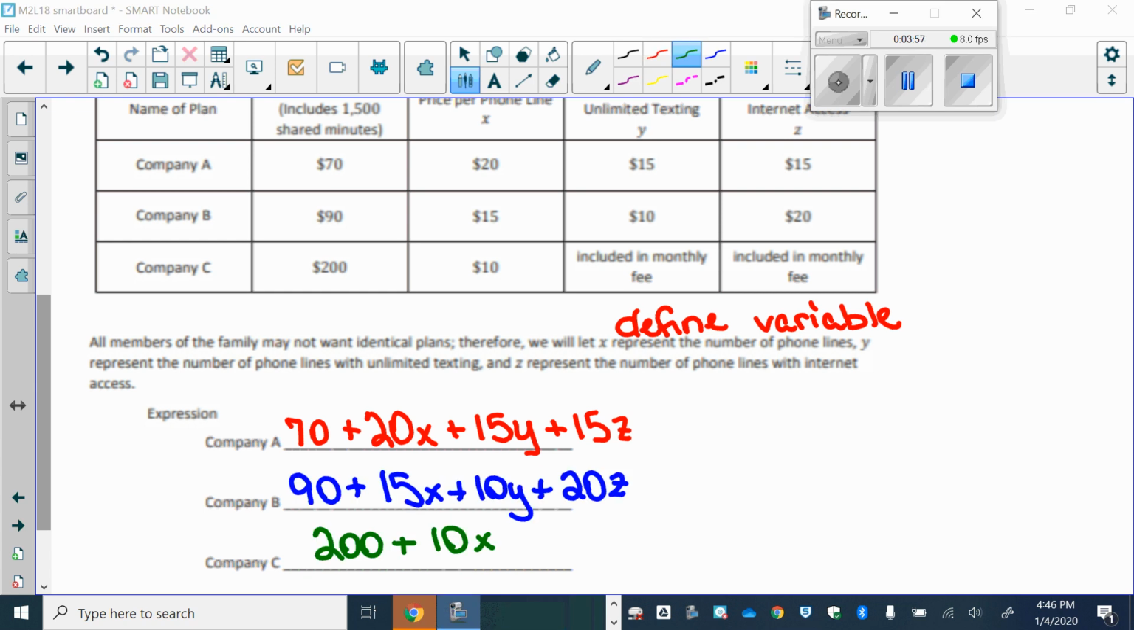All right, how did you do? Company B has a similar fee structure. They charge you for each individual thing. Company C, their expression looks a little different because they include a lot in their monthly fee. They don't charge additional for the texting or the internet. So depending on what your family wants and how many phone lines, it depends on which company is better for you. We're going to use this information as we do the next problem. So as you turn the page,